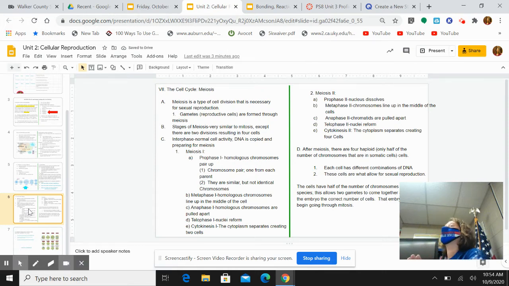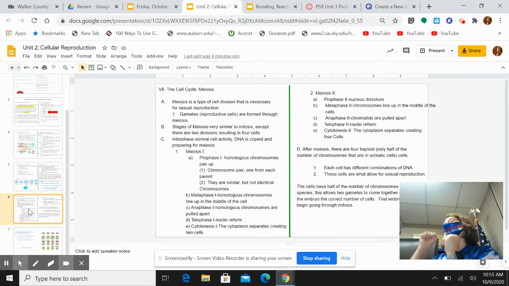So meiosis is the process of cellular division that makes those special reproductive cells. So in animals, those reproductive cells include egg cells and sperm cells. In plants, it's often pollen cells and seed cells. So there are several different types of cells we are talking about here. Okay, the key is because you're going to have that pollen cell join that seed cell in order to make a new beautiful flower,